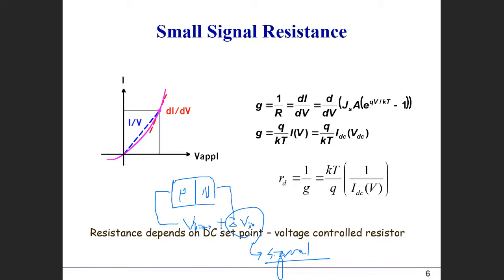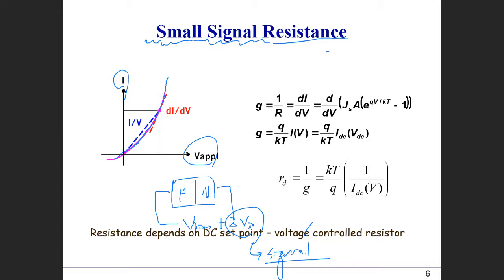Okay. And then we look at how this signal goes through the device and generates either current and voltage at the output. So for that purpose, we also define the so-called small signal resistance. Small signal means, in terms of the device for the PN junction diode, if we look at the PN diode characteristic as, let's say, this curve,